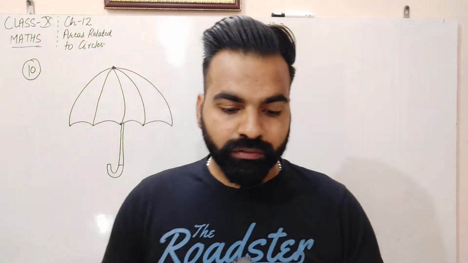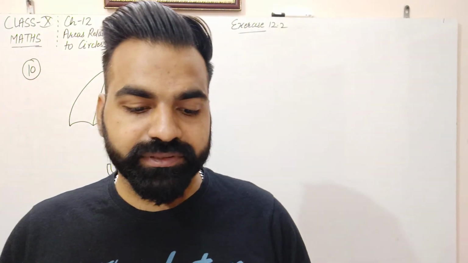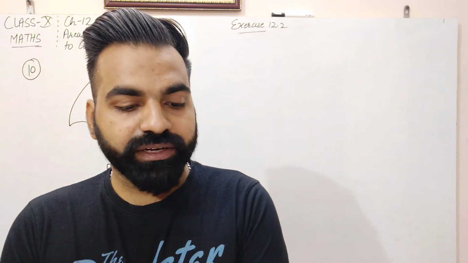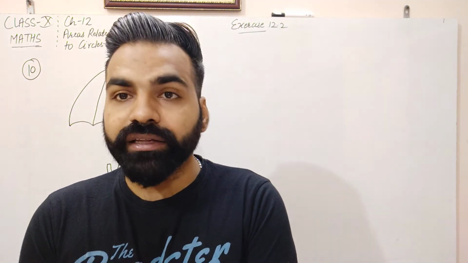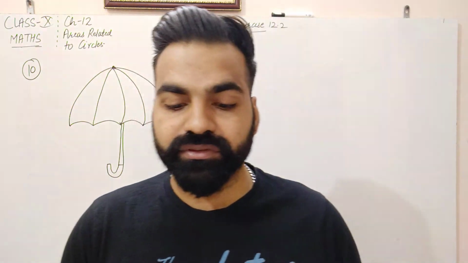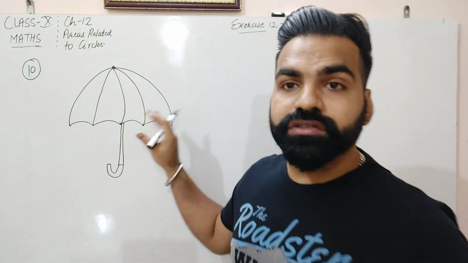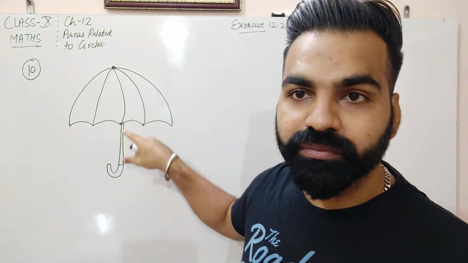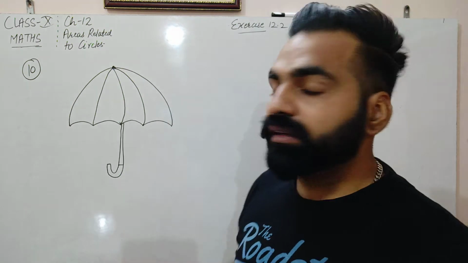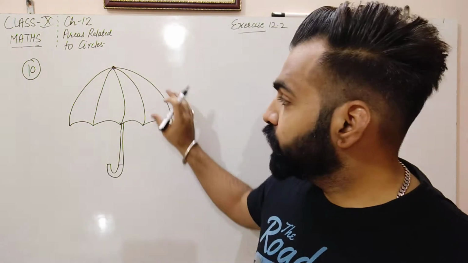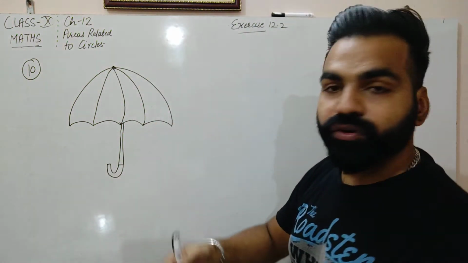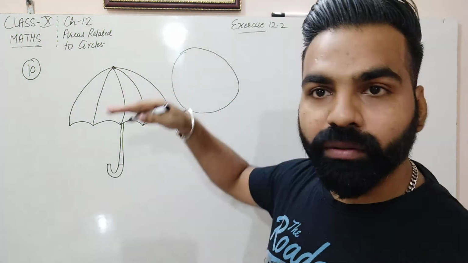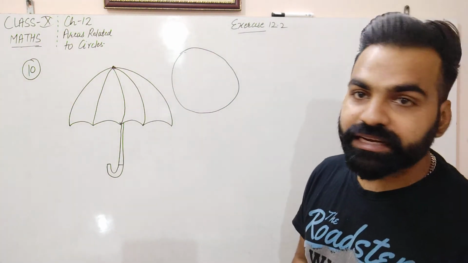Now question number 10. An umbrella has 8 ribs which are equally spaced. Assuming umbrella to be a flat circle of radius 45 cm, find the area between two consecutive ribs of the umbrella. This is umbrella. So we can see that it is divided by the ribs here, that means the wires of the umbrella, and each part is a sector here. So the whole umbrella, assuming if we open the umbrella, this will be seen as a circle from upward having the 8 total sectors here.